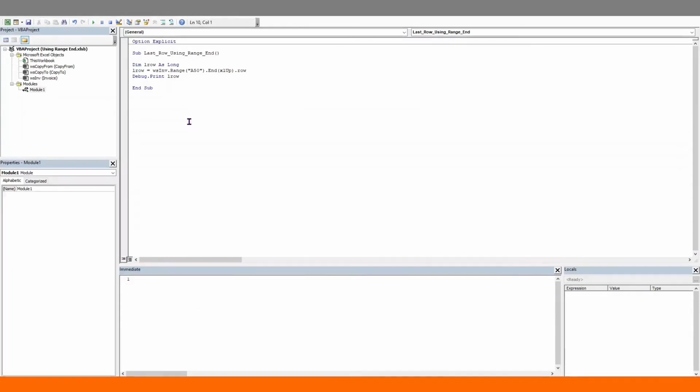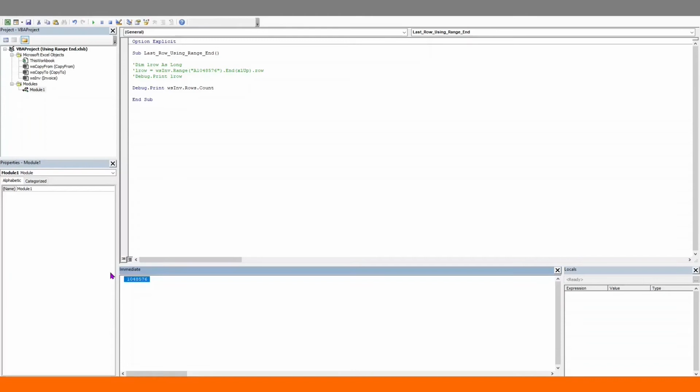But this is not sustainable because we'll start getting wrong answers the moment the data set expands beyond row 50. So the better option is to start from the very bottom, that is from the millionth row, and go up. So we can replace A50 with our millionth row, but we can't be expected to remember this number. Thankfully, we have the Count property in the Rows collection, which will return this exact same number, and we can use that instead. Let's show you what I mean. So let's print Rows.Count, which is going to count all the rows in our invoice worksheet. Run this. Great.